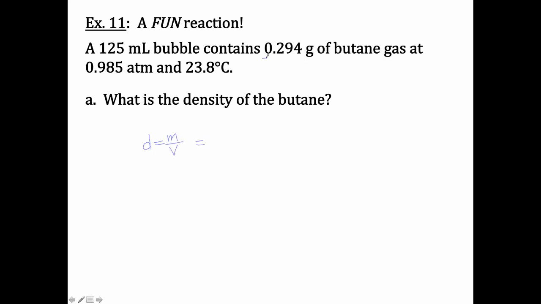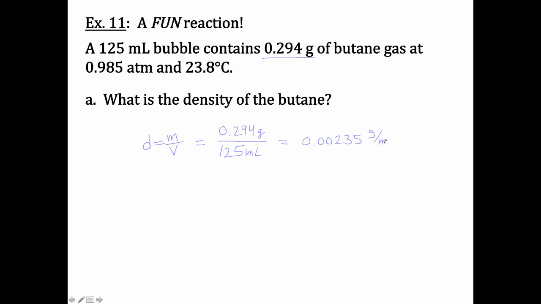And the mass of the butane gas is 0.294 grams. And the volume of the butane gas bubble is 125 milliliters. And we can, of course, just leave this in milliliters. That would be perfectly fine. And if we do this, what we end up with is 0.00235